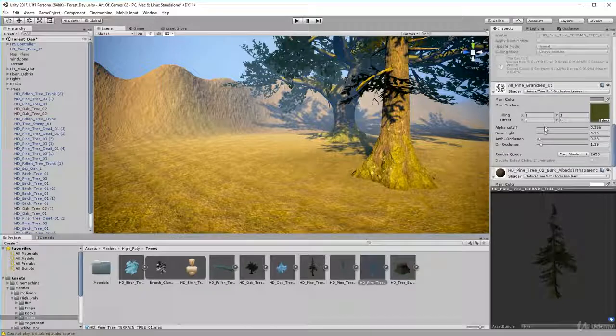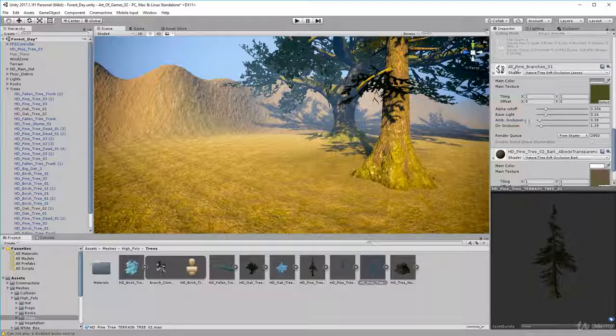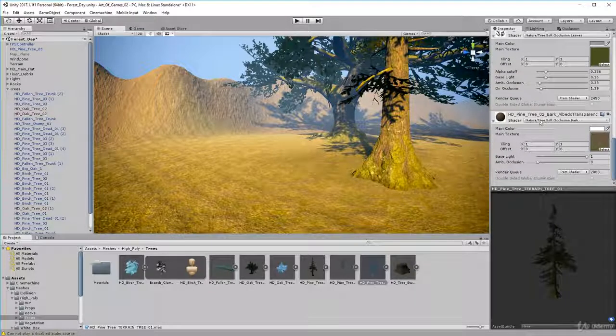Now you have to use those in order to use the painting tool in Unity. You've got a few settings here that you can slide up and down. The bark's even less than the actual branches and the leaves, but there's nowhere to put normal maps or anything like that,